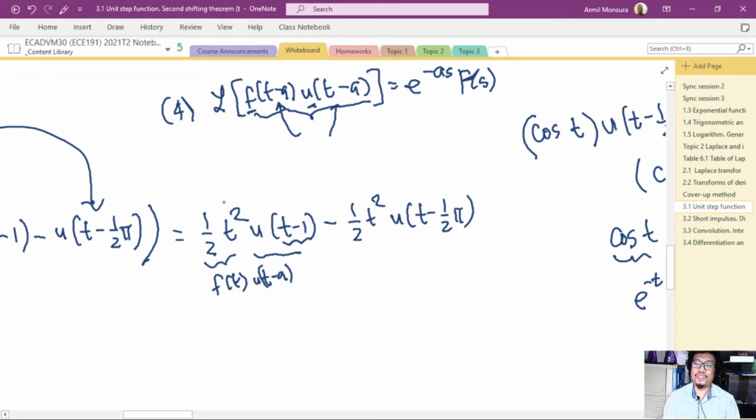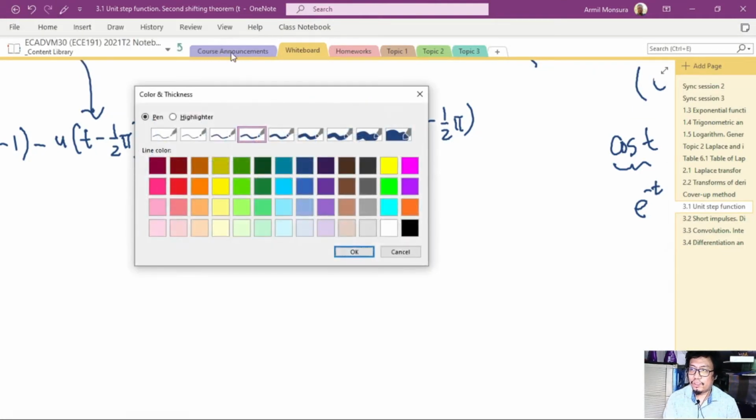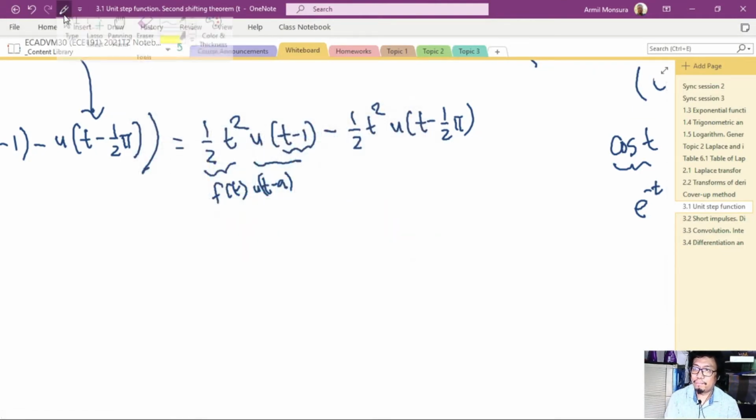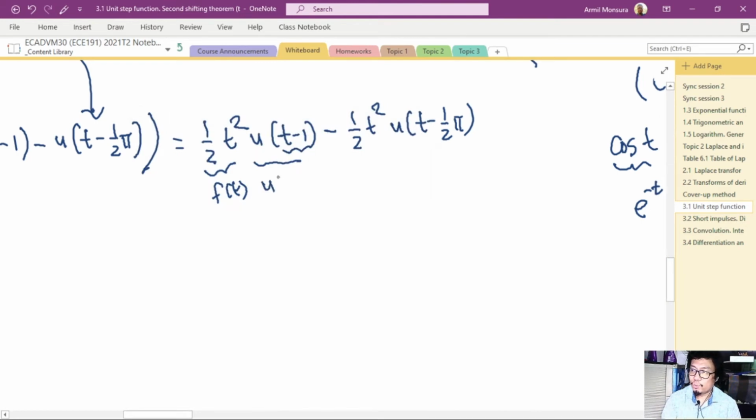So therefore, you have to change this f of t so that it would contain the same amount of shift as this one. Since the delay for your unit step function is 1,